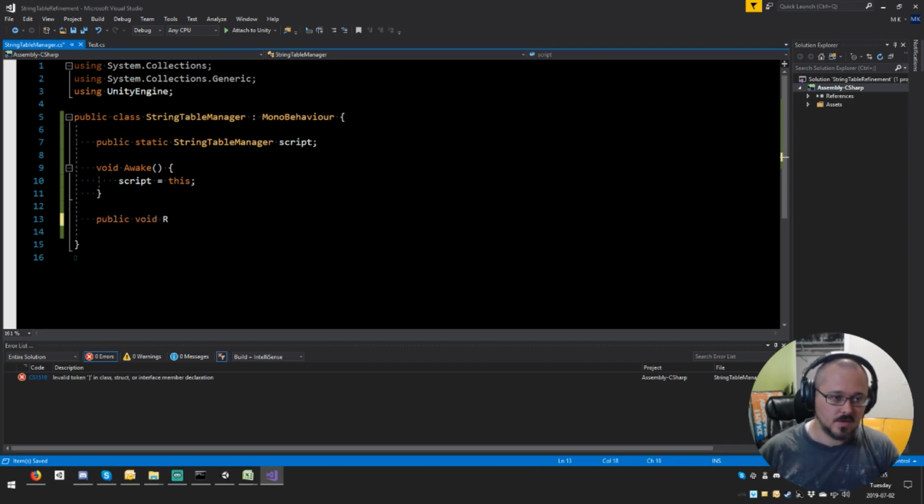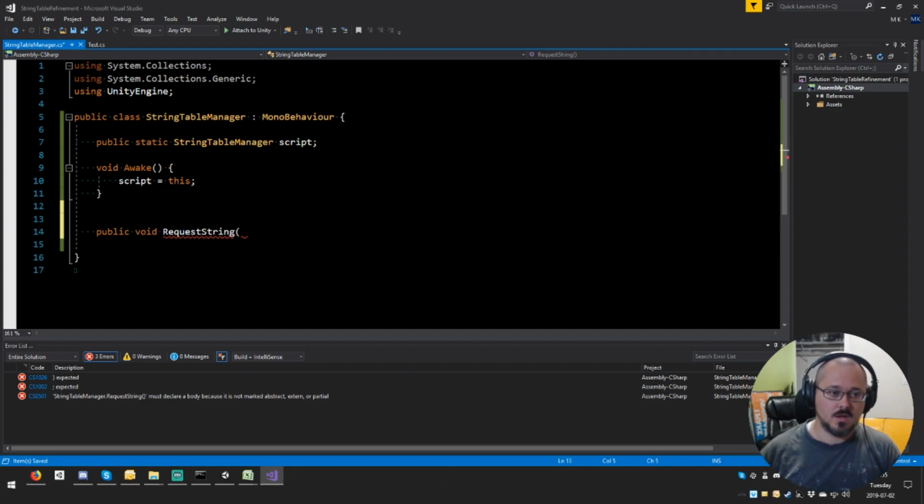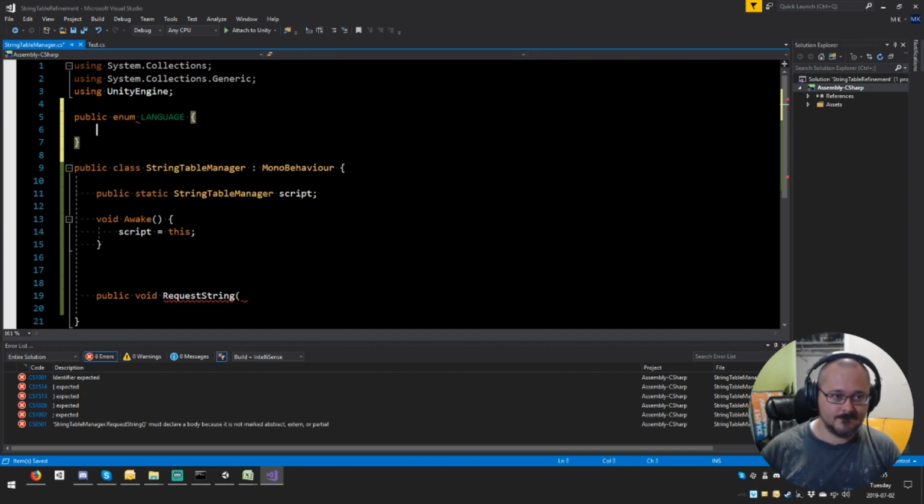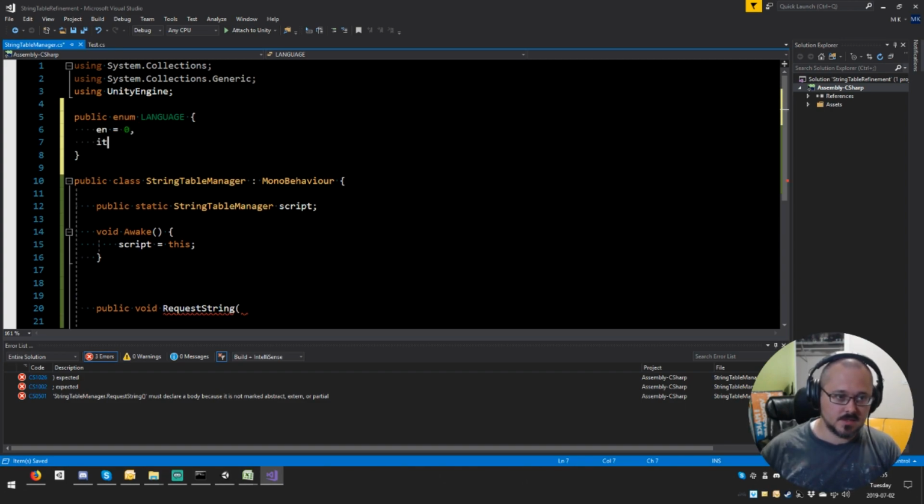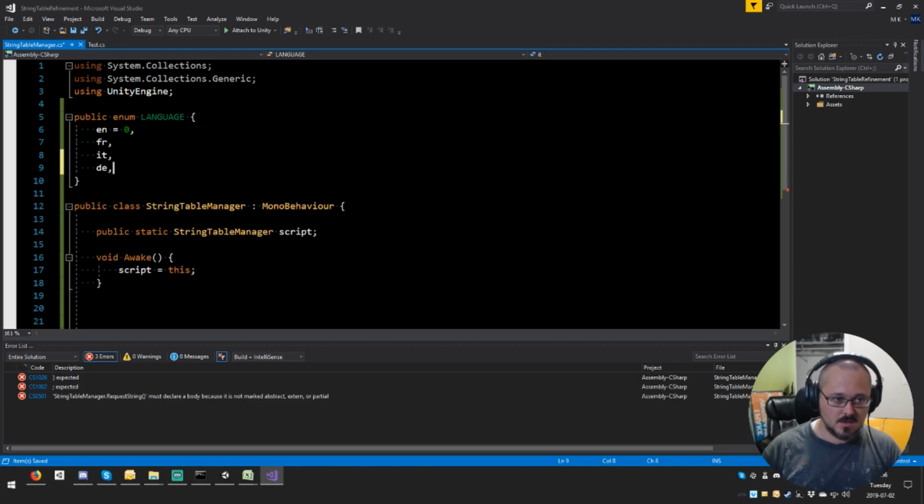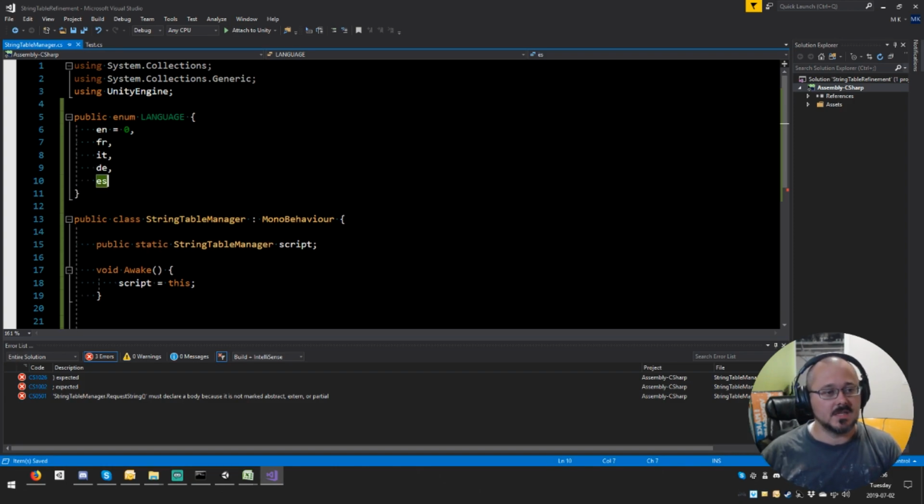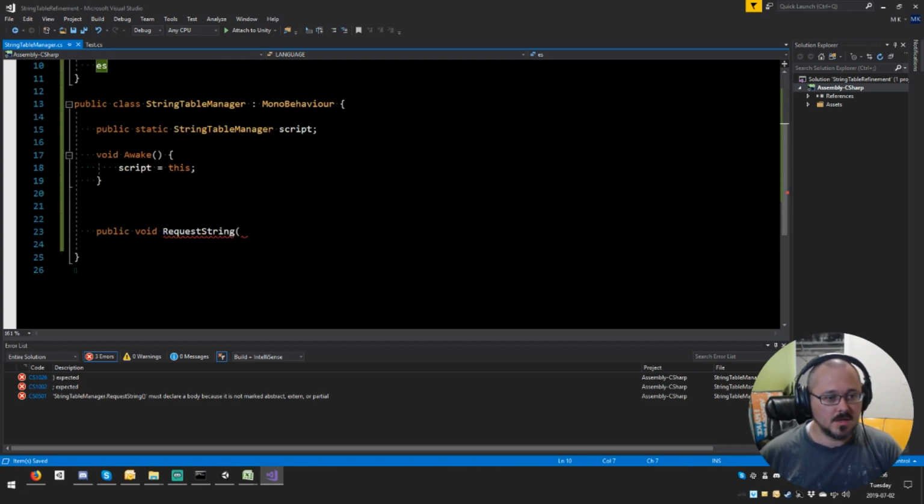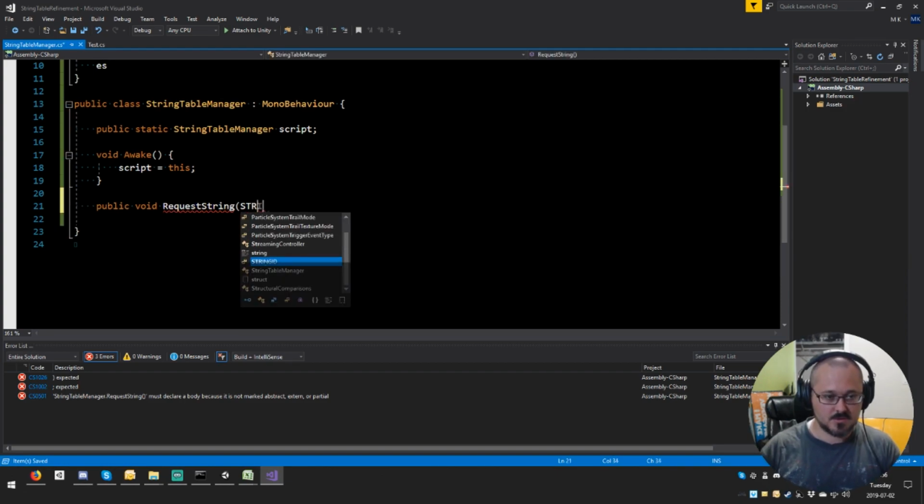Public void request string. Public enum language: en is 0, I'm gonna add fr there just because I'm nice, de, es, there you go. So we got language, request string ID,